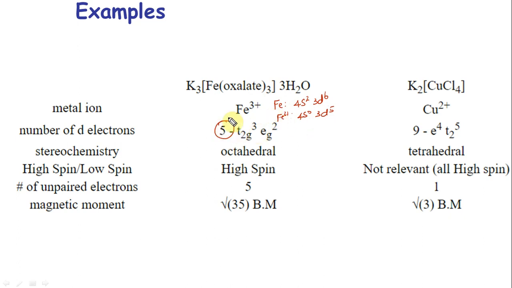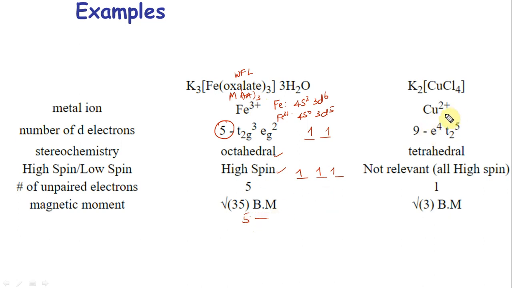Now oxalate is a weak field ligand. So this is all you're going to do in the exam. Weak field ligand, 5 electrons, 1, 2, 3. Weak field ligand, I don't pair, 4, 5. It has MaE3, meaning it's an octahedral field. So I know it is an octahedral. It is high spin. Number of unpaired electrons is 5. So using the formula, you will get magnetic moment 5 point something.